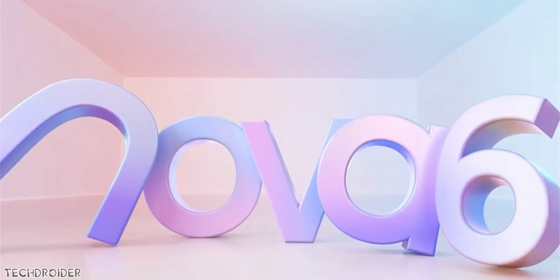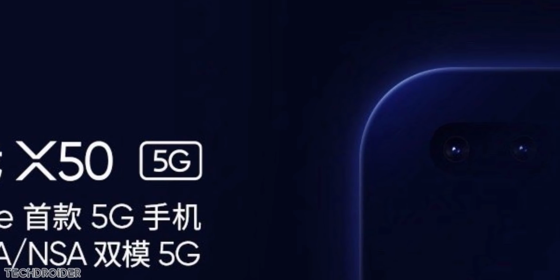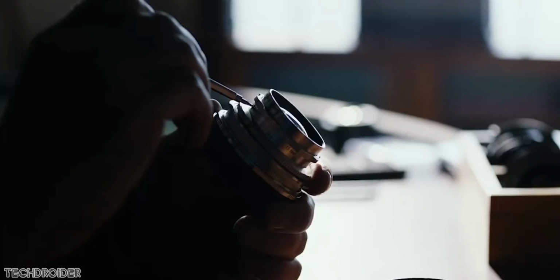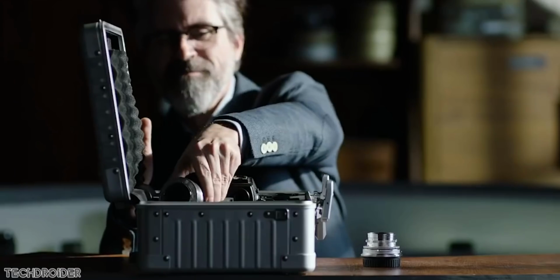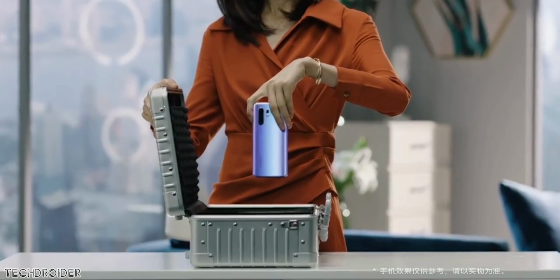Talking about the Realme X50, they are planning to use the Snapdragon 735 5G CPU and design wise it's also coming with a dual hole punch design on the top left corner with an LCD panel. And finally Vivo X30, another smartphone with the freaking same dual hole punch layout and 5G CPU. However, they won't use a Snapdragon or MediaTek CPU. Instead, Vivo is using Samsung's Exynos 980 silicon, fast charging, and it's coming with something new in the camera department,